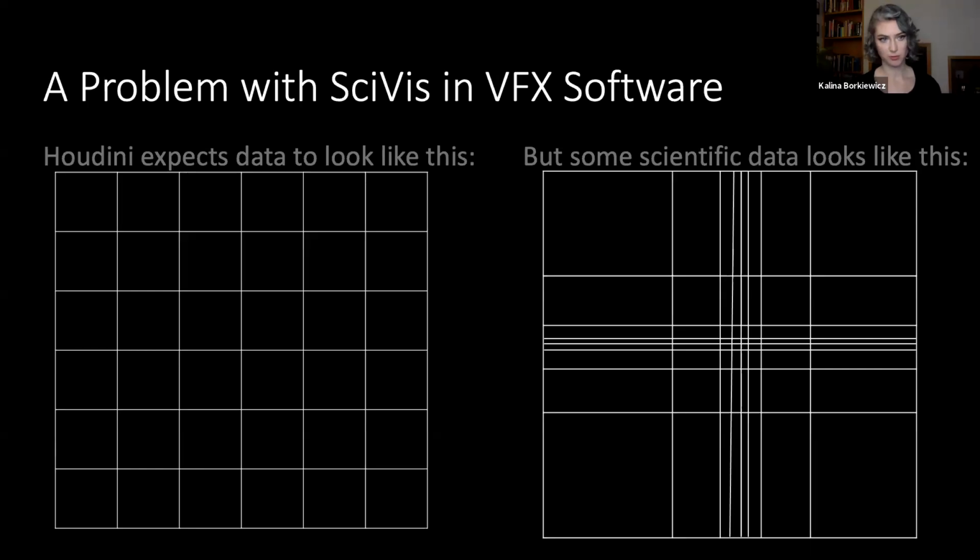A problem with working in Houdini is that it expects all data to be in a uniform Cartesian grid if it's volumetric data. However, this is often not an efficient way for scientists to store their data. I mentioned that scientists might only write out certain periods of time where there's exciting things happening, but that's also true for space as well as time. So this tornado data set that I just showed you was in a grid that looked something like this.